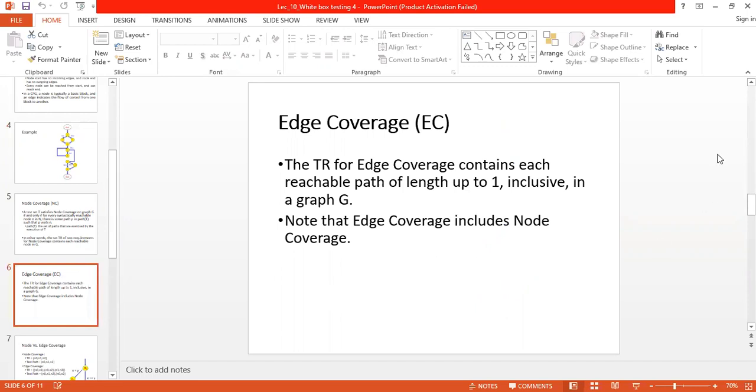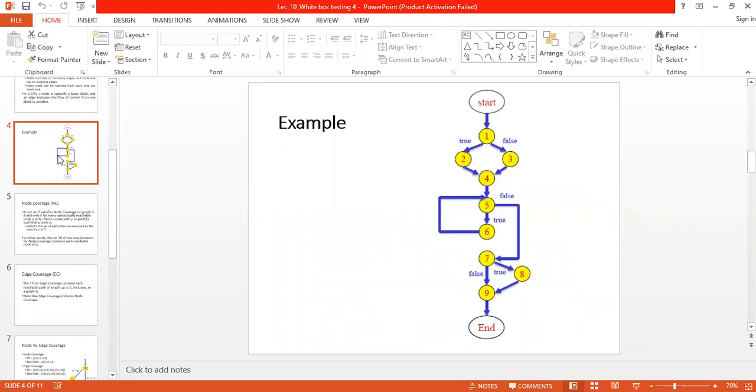So the test requirement for the edge coverage contains each reachable path of length up to 1 inclusive in the graph. These are the edges, right? So if you are dealing with edge coverage, it is covering this node coverage also, right?